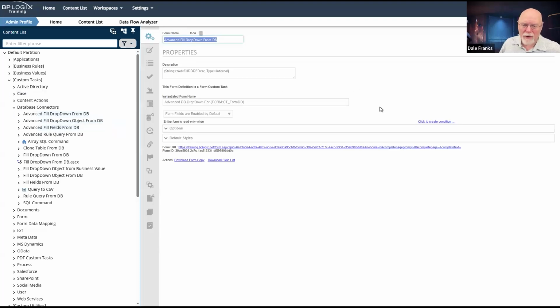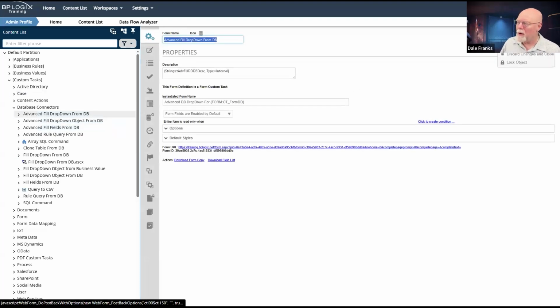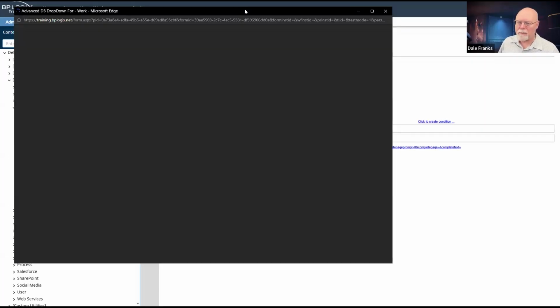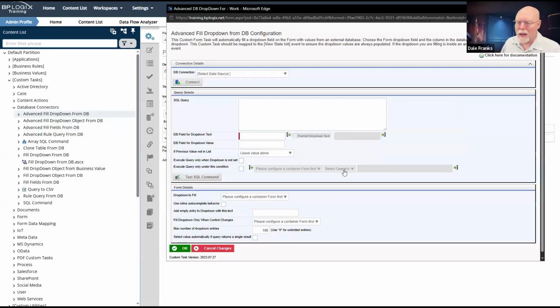So for example, we'll just preview the config for the advanced fill dropdown from database. Prior to the existence of business values, this was the only method that was available in the product to extract data from an external database to either fill values in a form or, as this custom task does, to fill the options in a drop-down control.